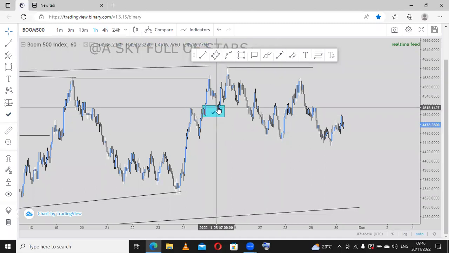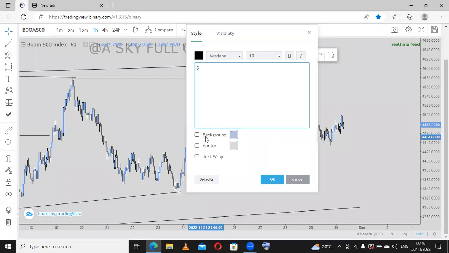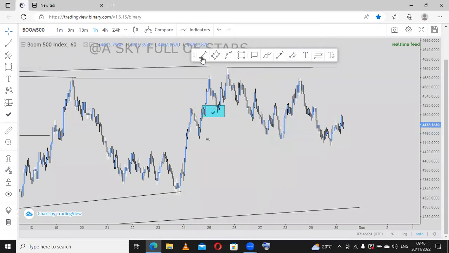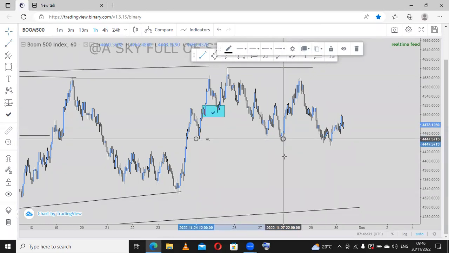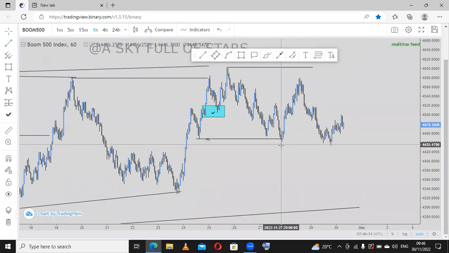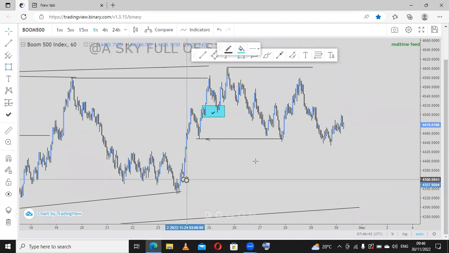And since this is mitigated, this becomes our higher low. And as I said before, higher low should be taken out before price reverses. Okay. So you can see right here, price just took it out, but then it looks like it's going to sell for now, right? So I would want to buy somewhere here